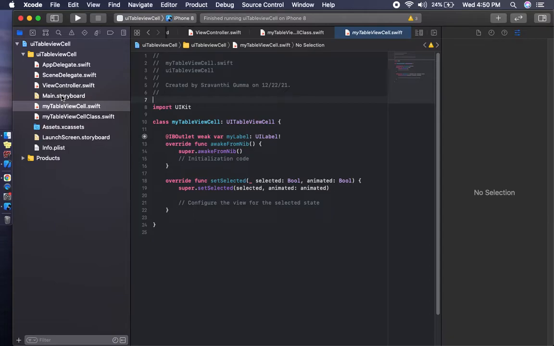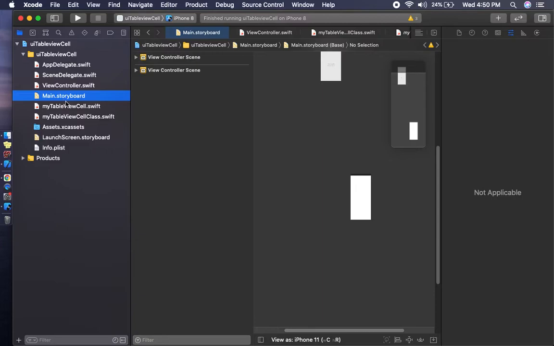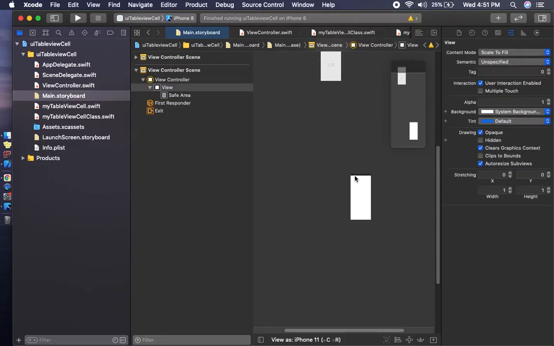To navigate to another page, I have already created one project using the UITableViewCell class. In this project there is already one view controller class, so I am creating a second view controller class. I drag and drop a UIViewController from the library, and I am giving the naming convention for the second class.